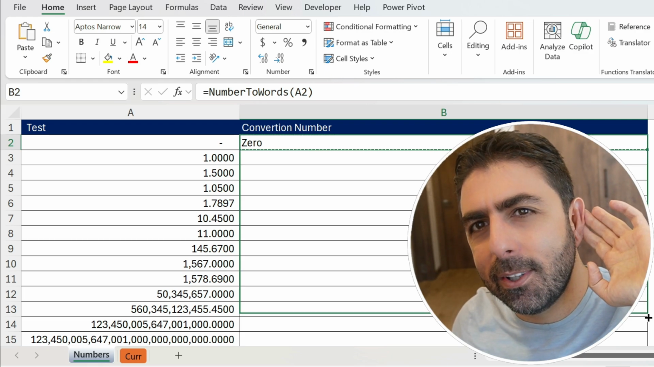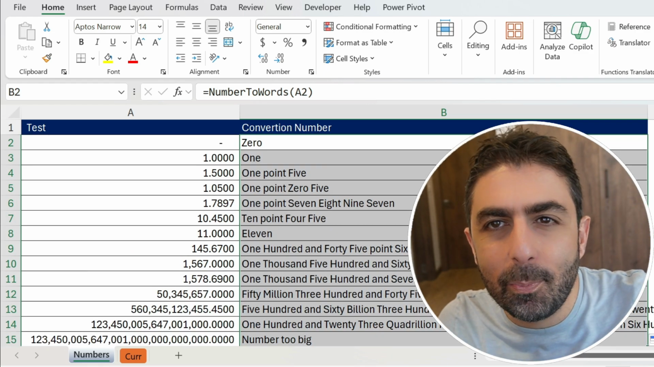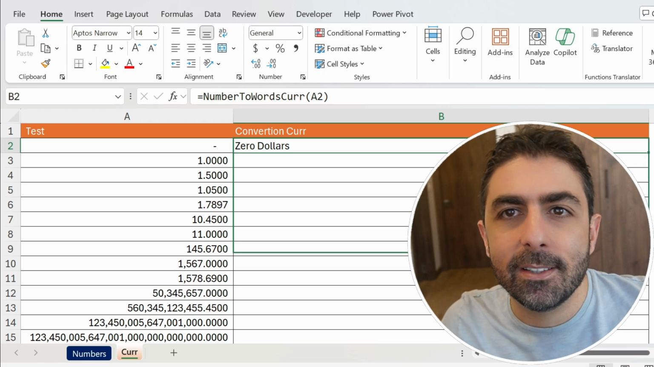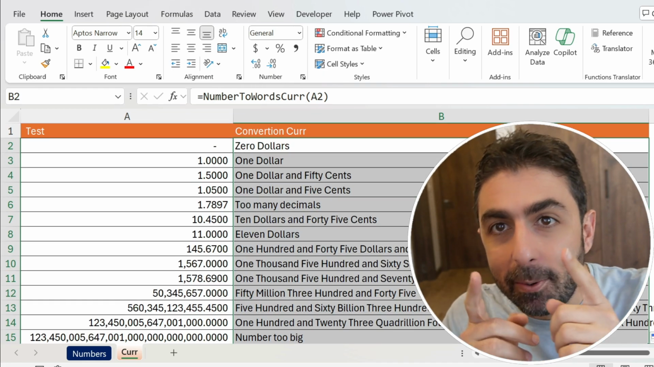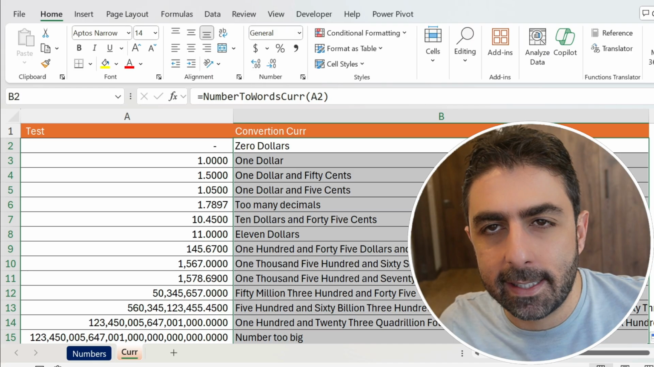I heard you want to convert numbers to words. Well, that's super simple. What about adding the currency? Again, piece of cake. Now in this video, I'm gonna show you the functions that I've built, and if you